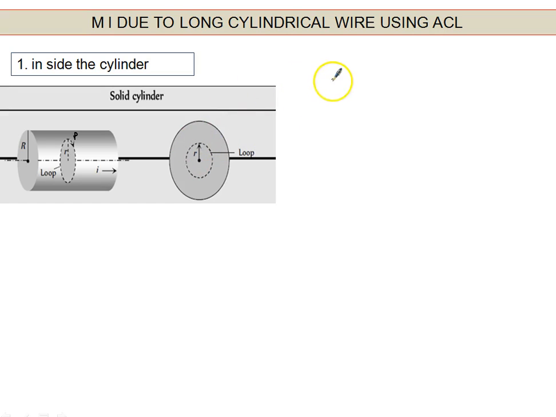Now we will apply Ampere's circuital law here. Integration B dot dl equals mu naught times the net current which is threading. Now at every point on the Amperian loop all of you will say theta equals 0. So I can directly write B dot dl as B into 2 pi r. Now it is mu naught. Now you have to tell me what is I net. I net means the current which is passing through this cross section, because we have taken this as the Amperian loop. I hope this cross section is clear to you. So let me erase it so that you can focus again.